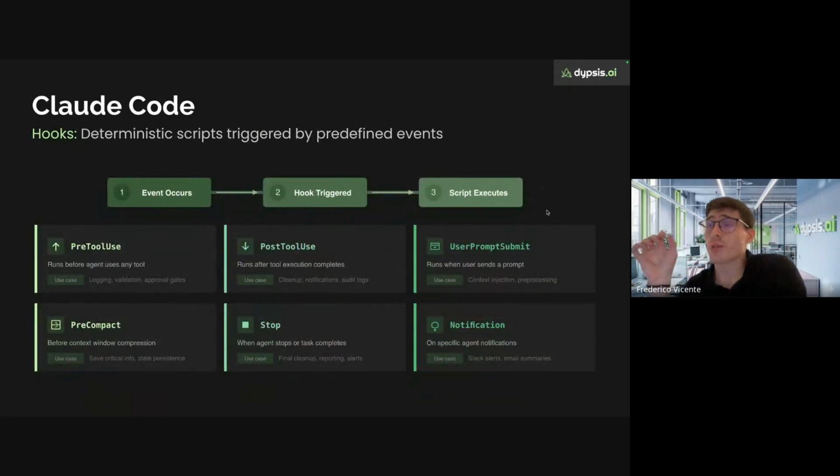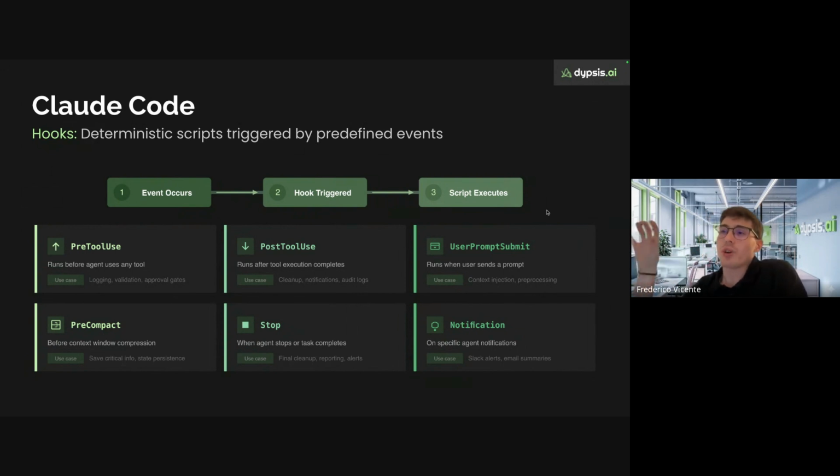Another more advanced tooling that Cloud Code has is the idea of hooks. It has some predefined events that it is always listening to. For instance, when the agent is thinking of using some tool, like reading a file or editing a file, you can have custom scripts that are triggered every time it does that, for instance, if you want to do some logging, to audit the usage.